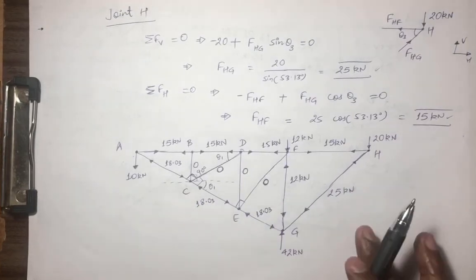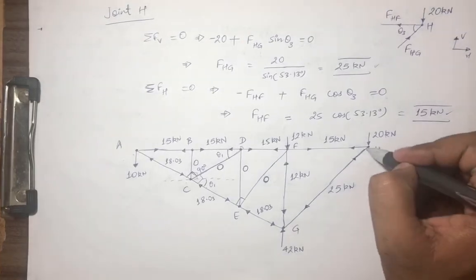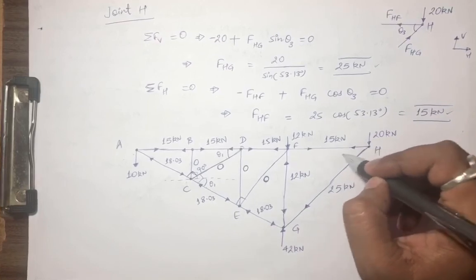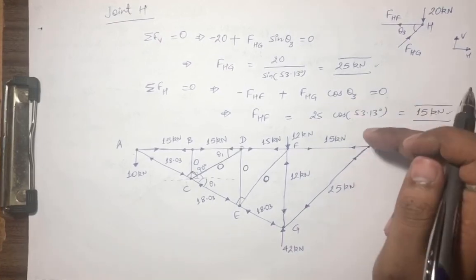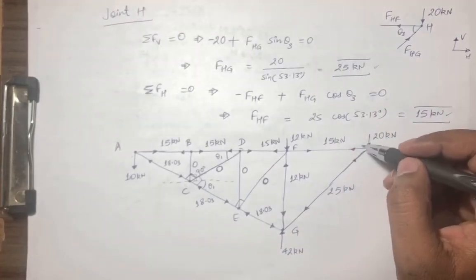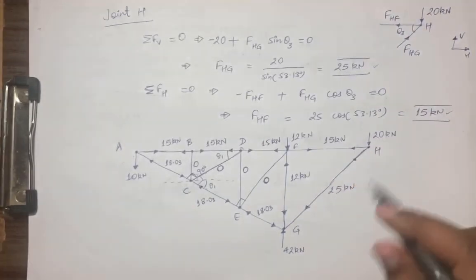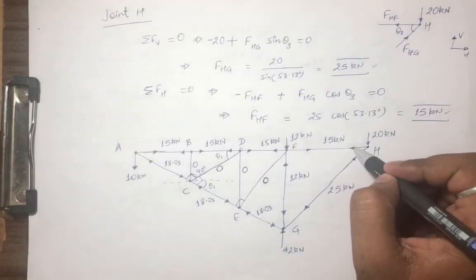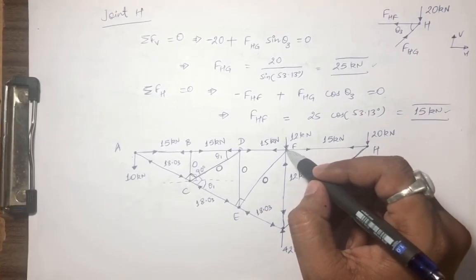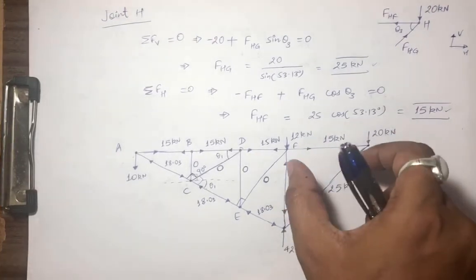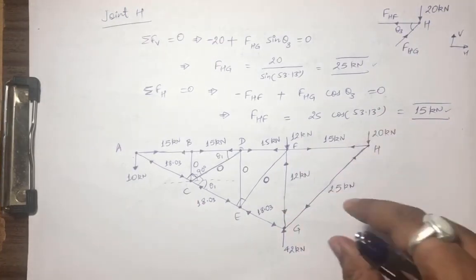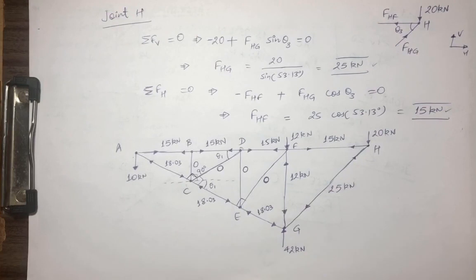Clear? Now one more thing is there. If the forces in the members are away from the joint, that means that force is compressive, and if it is towards the joint, then it is tensile force. Because if it is away from the joint, the reaction will also again be away from the joint. So this force is trying to compress this member, so this is compressive, and this is trying to expand, so this is tensile. So this is the problem.